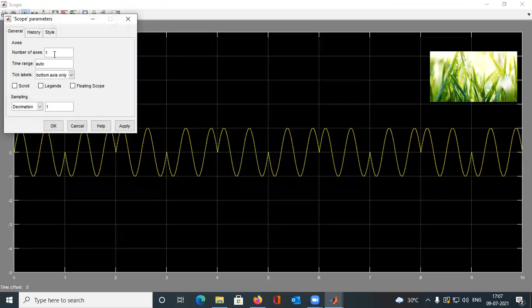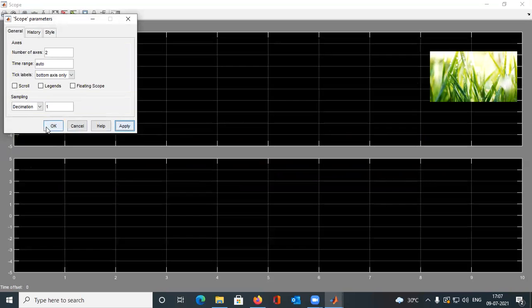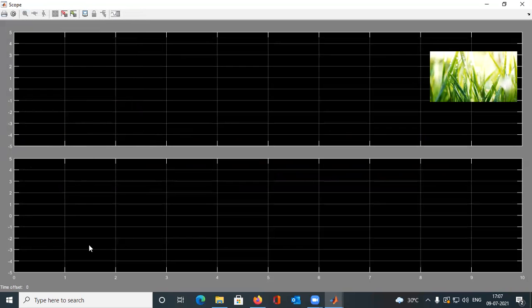Click on this. Change this number of axes from 1 to 2. Apply. By applying this, we can see these two are for two different scope outputs, or these are two different graphs for two waves, one for input and one for output.